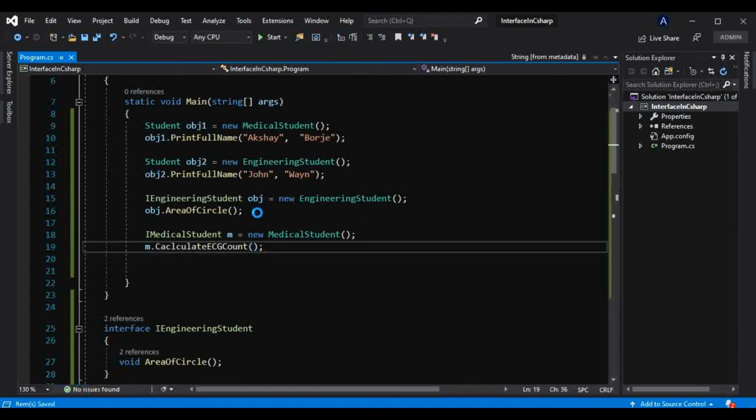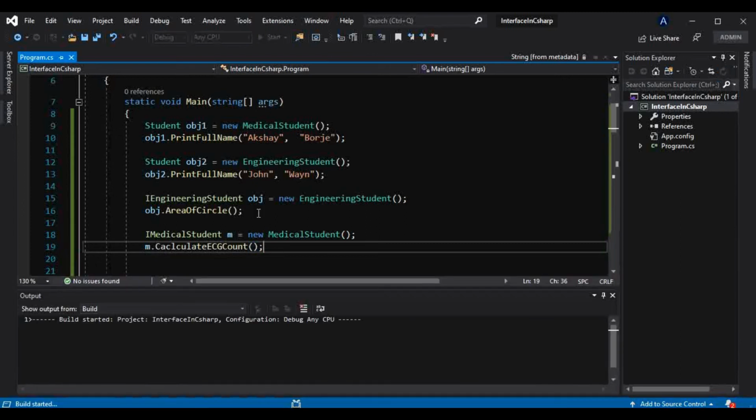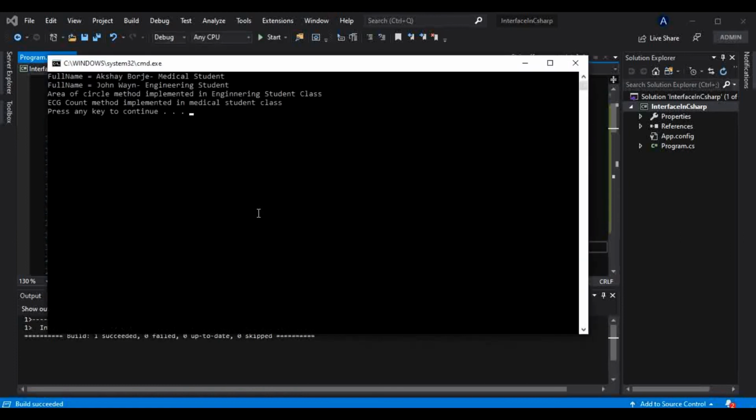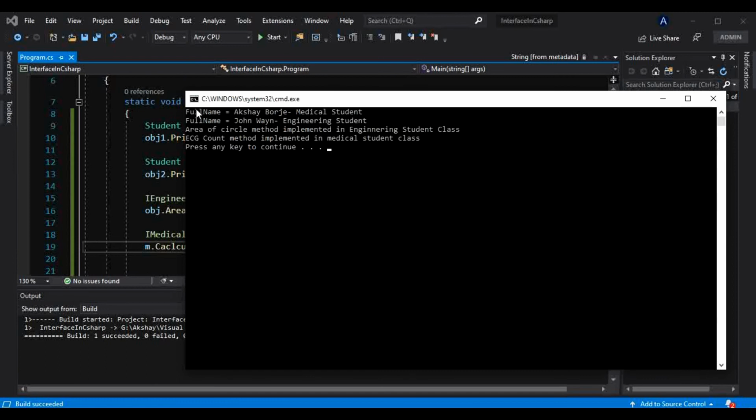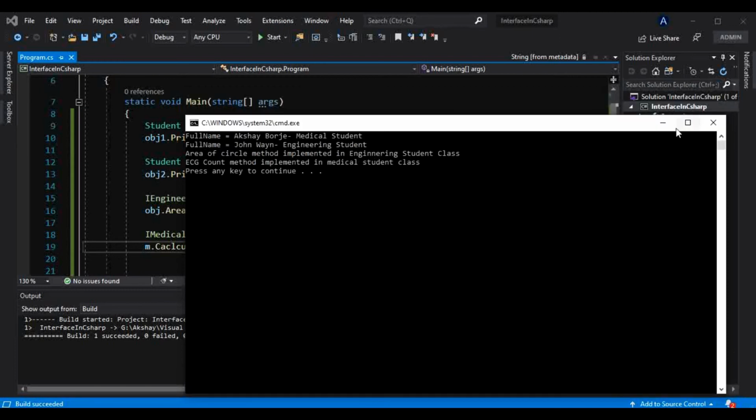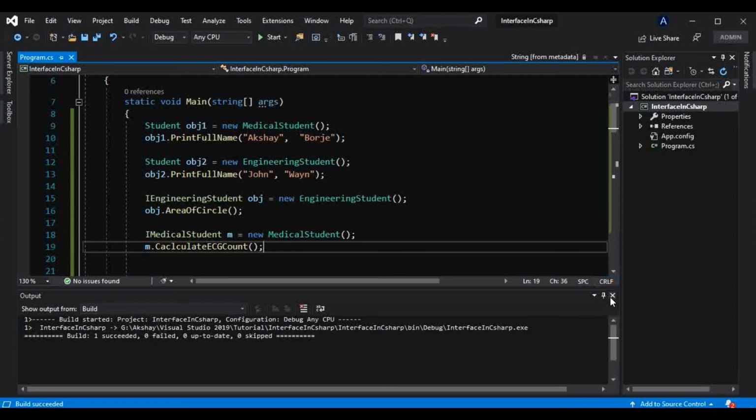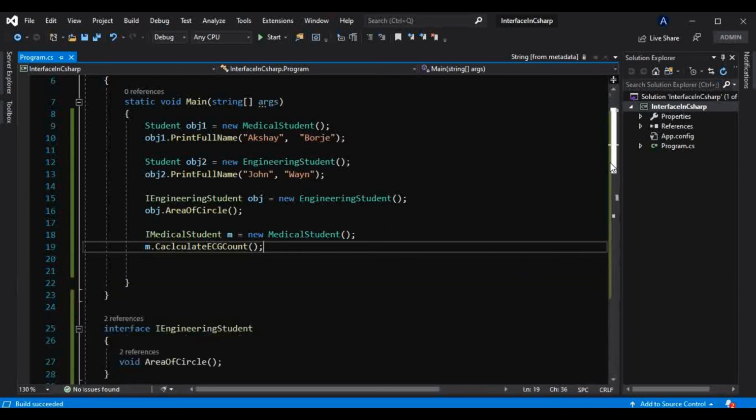And now if I run this, it is giving all the messages: full name Akshay Borje, medical student, full name John Wayne, engineering student, area of a circle method implemented in engineering student class, ECG count method implemented in medical student class. So that's how we can use interface, and it provides an abstraction to our application.